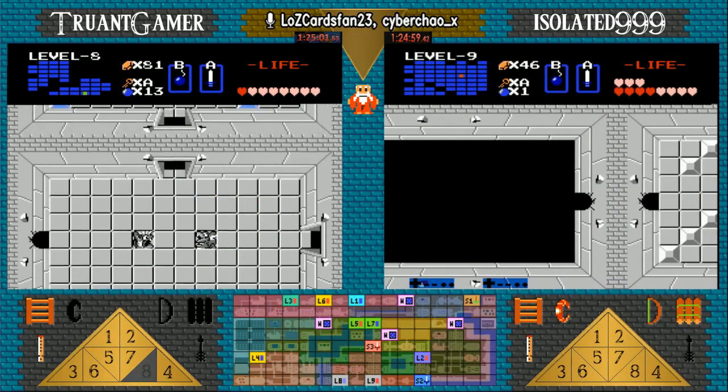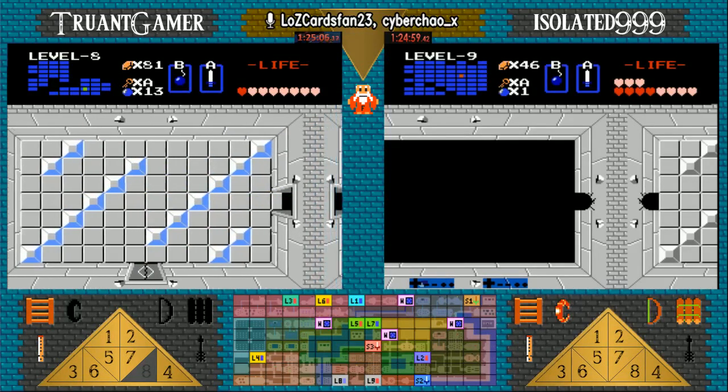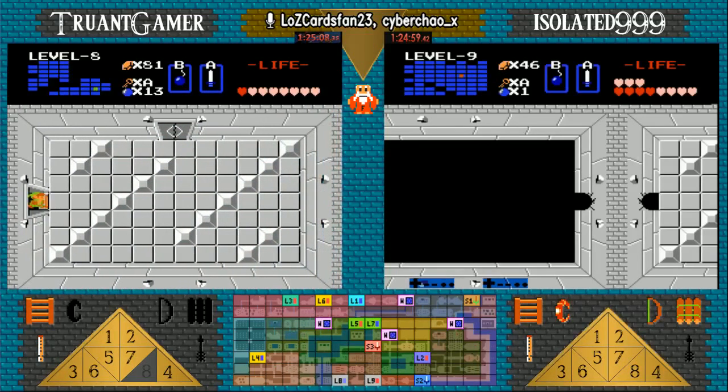Yes, it has been, because he has lost a ton of time in level 8, and the more time he takes in level 8, the better Isolated999's chance is going to be to win this race. He has been in level 9 quite a while already. If TruantGamer somehow comes from behind to win,